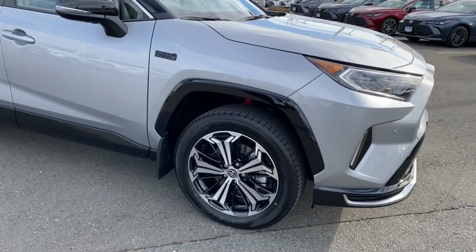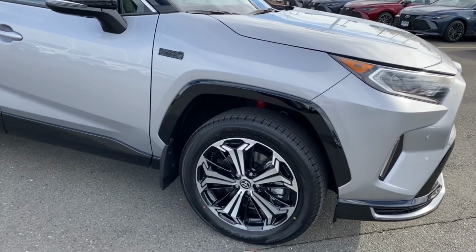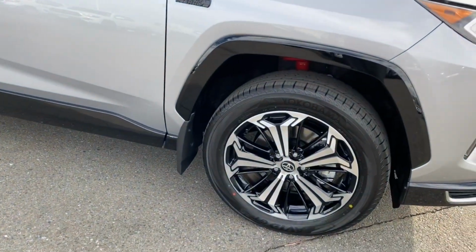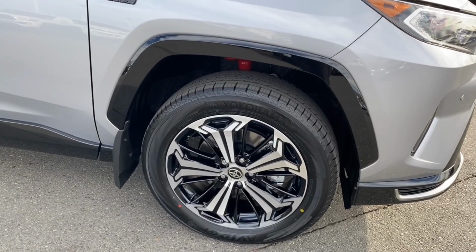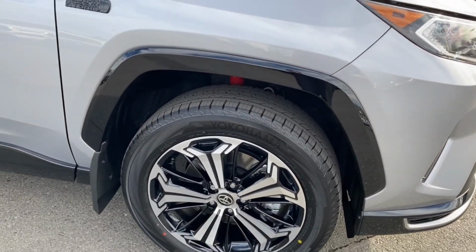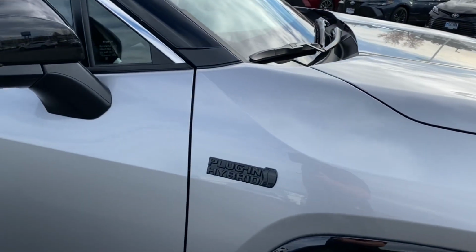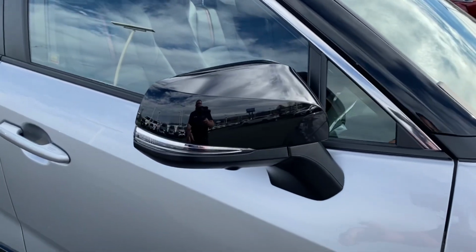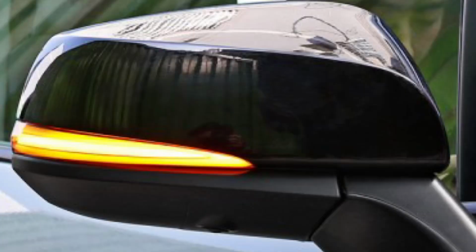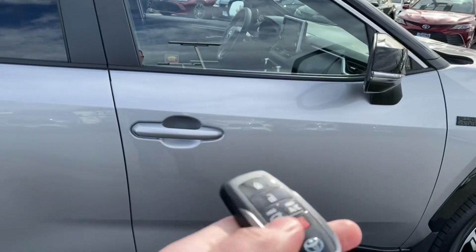Starting on the passenger side, we have, in my opinion, the best looking rim Toyota has for an OE rim. These are machine polished with the black accents in there, and Yokohama tires are on this here. We have our badging for our plug-in here, and then we have our mirror with the turn signal indicators on here. And coming up to this passenger door, this is a proximity key here, a really cool key,